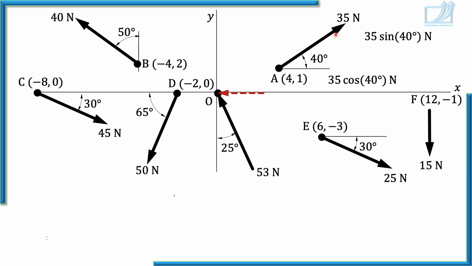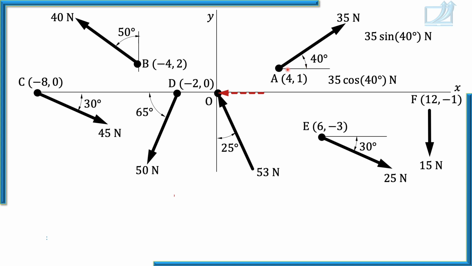Look at the force and you know whether the force is rightwards or leftwards. This force is rightwards, this is leftwards, this force is rightwards, this force is leftwards, this force is leftwards, this force is rightwards. And remember, universally accepted sign conventions along the x-axis are rightwards positive, leftwards negative. So that means focus only on x components. Rightwards is synonymous to positive and leftwards is synonymous to negative.